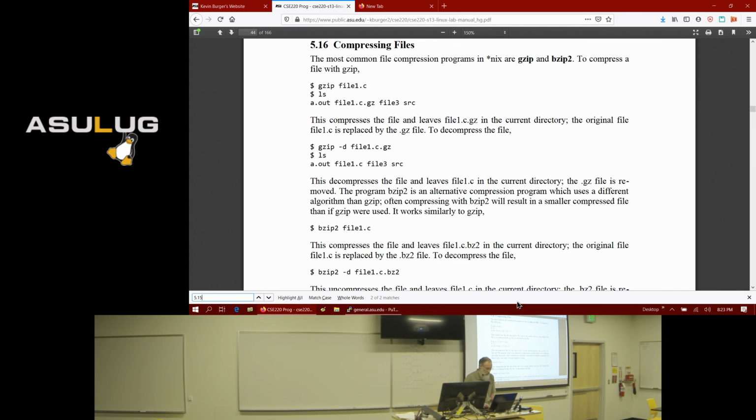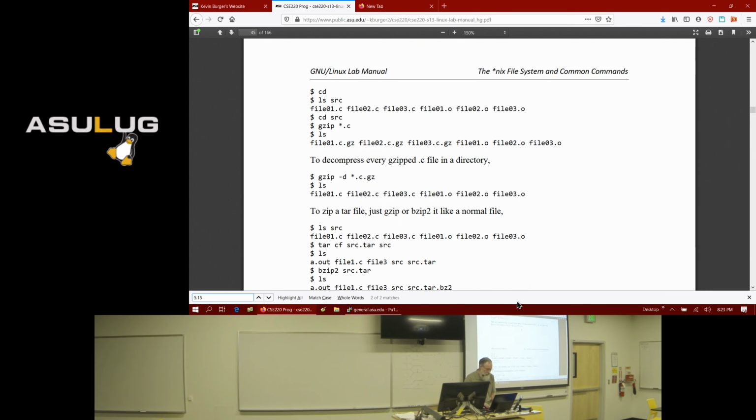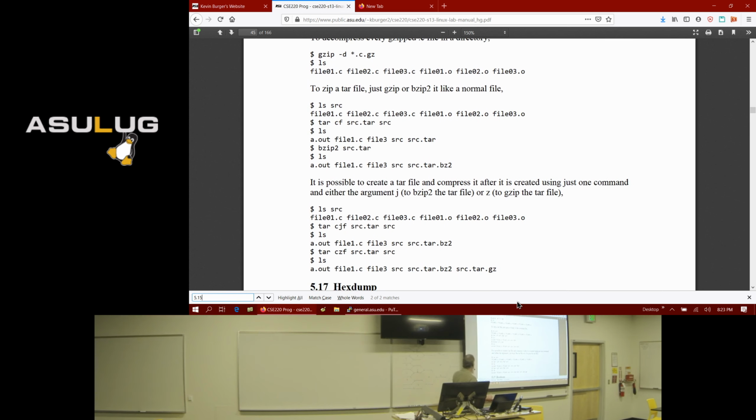Here you go. There we go. So to zip a tar file, here we go. I thought I did that right. This says create, compress using zip. This is the name of the tar file. That's a directory that we want to tar up.